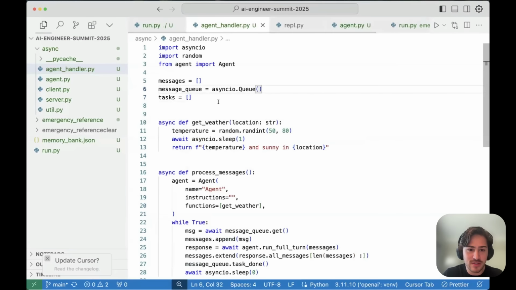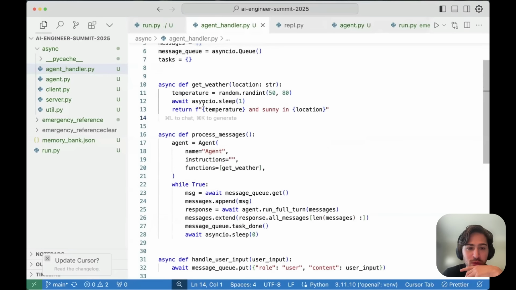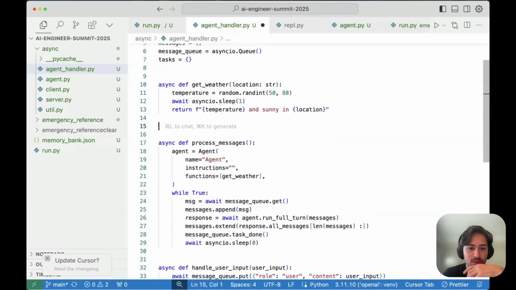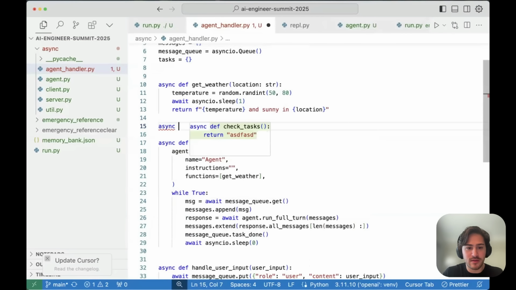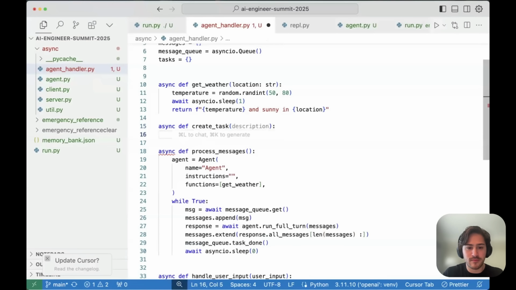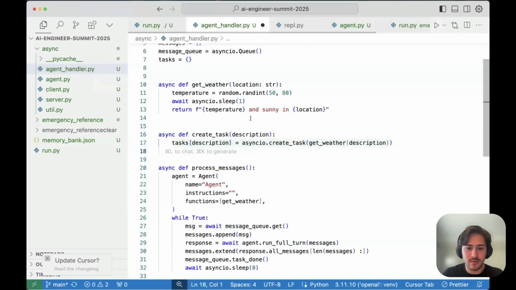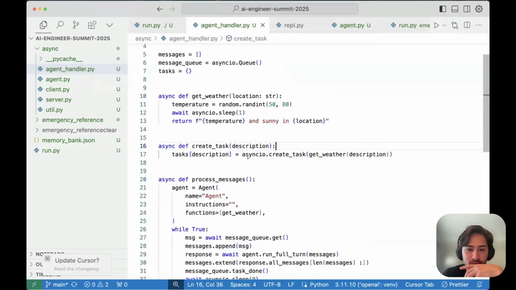There's many ways to do this. I'm going to do a pattern that I quite like. So let's do this. Let's define a create task function that makes a task.